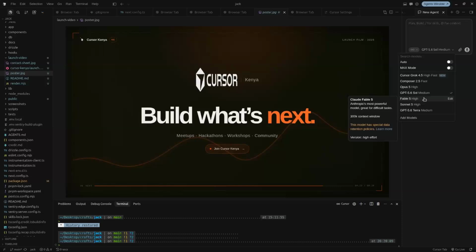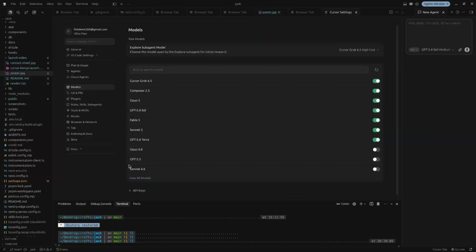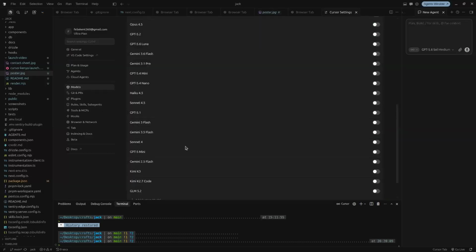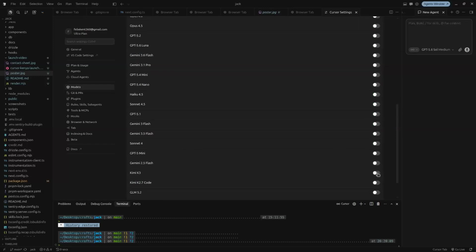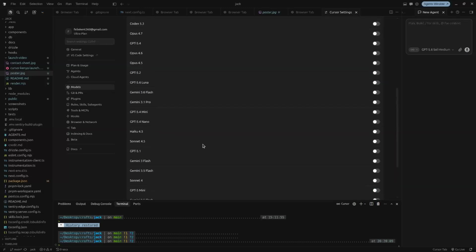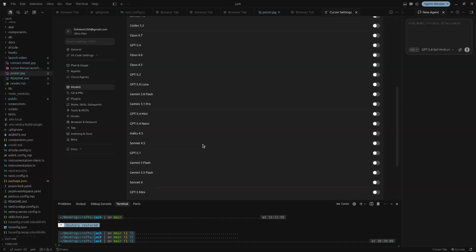Quick one is that the frontier models, like maybe GPT 5.6, Sona, Opus 5, and Fable 5, those are high-end models. They will always cost more than your models. Oh, Kimi is added. Let me just add it. It will cost more than GPT Gemini 2.5. So you always have to check on the model that you want to use and add it there